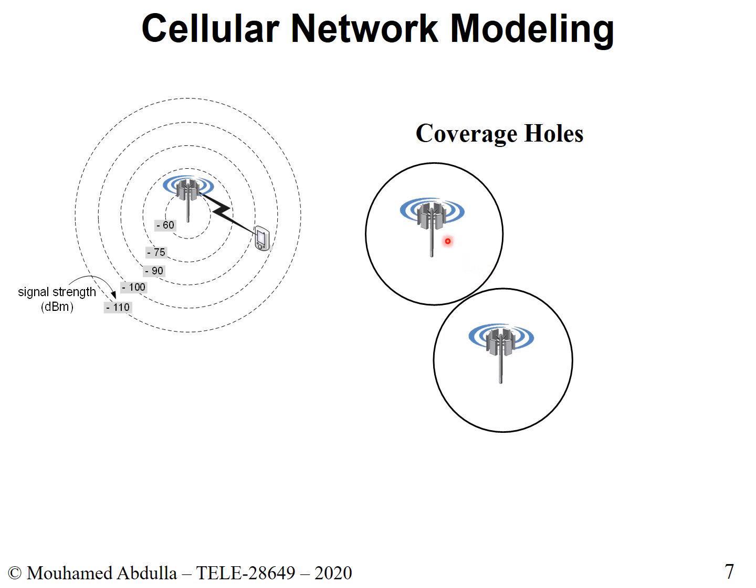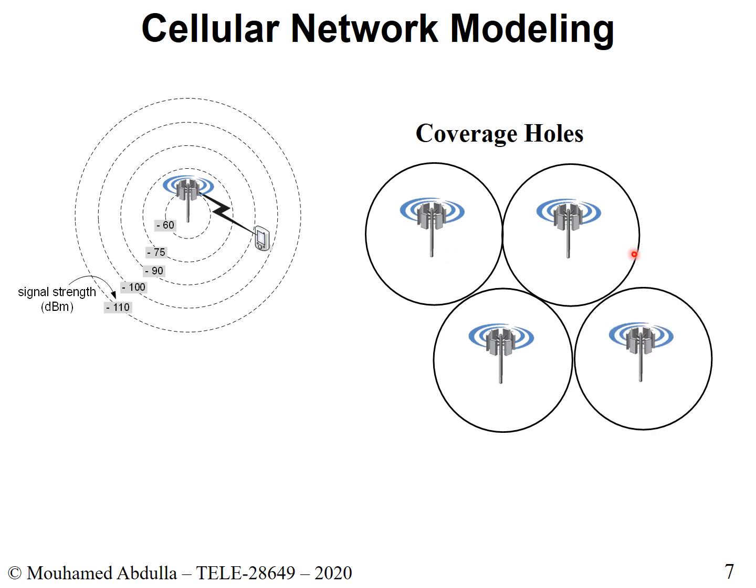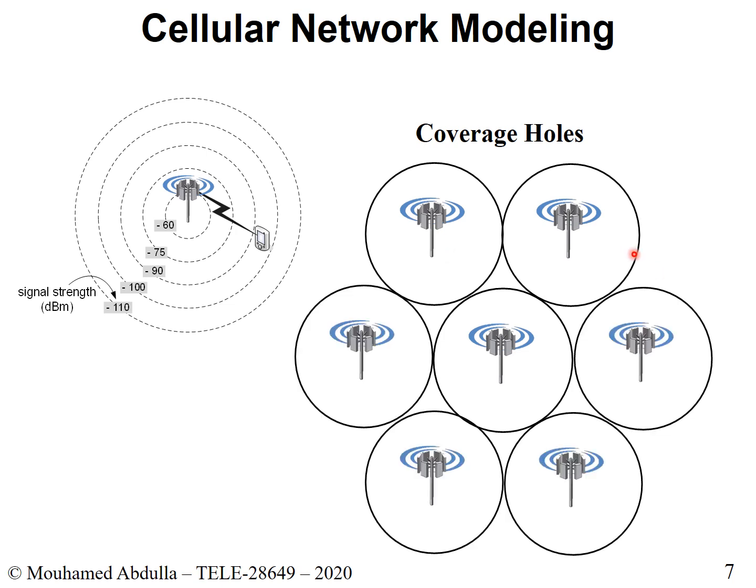So let's say you have the second cell. As you notice, there is no overlap. It's here. There's another one, a third cell here, a fourth here, a fifth, a sixth, and a seventh cell. Right? So one way to do this is to push the cells away when you design your network or when you plan where to put these base stations. Push them farther away, and you'll have that.